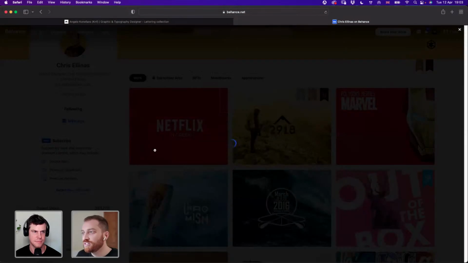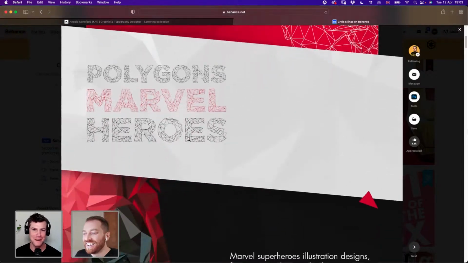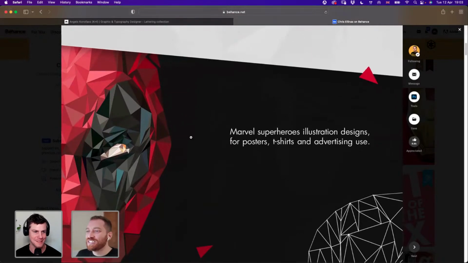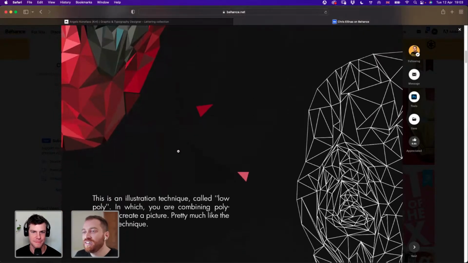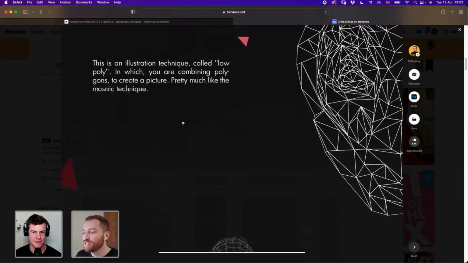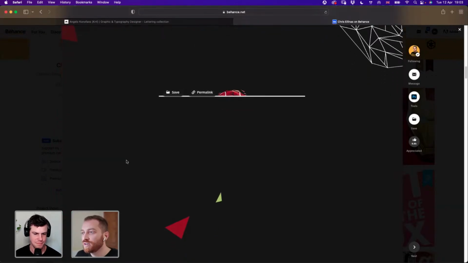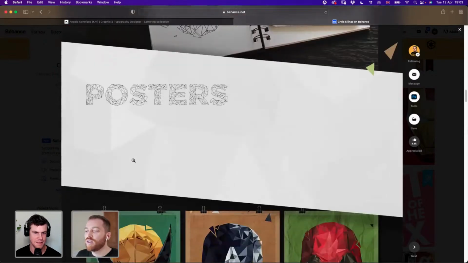And Marvel, I don't know if you like comics, and I believe you do as an illustrator. I'm working on a comic right now, so yeah. I love comics. I imagine you are inspired by Marvel as well, like the heroes. This is a different technique, these polygonal illustrations. I remember I wanted to do things like that in Illustrator, where you have to select the colors.